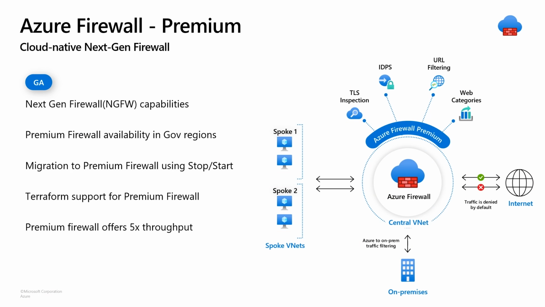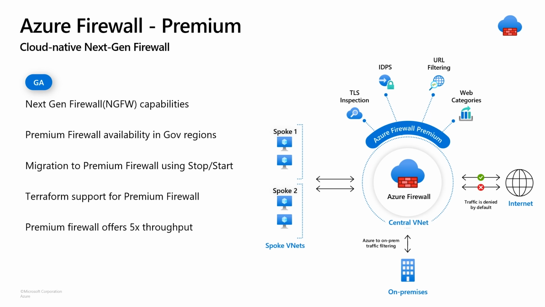Now, the other element to complete the internet-based threat and attacks is Azure Firewall. Azure Firewall, as you all may know, is a fully managed cloud-native firewall solution, of which the standard version has been there in the market for a few years. What we're announcing now is the premium version. The premium version is a full next-generation firewall that has a full IDS IPS implementation built into it.